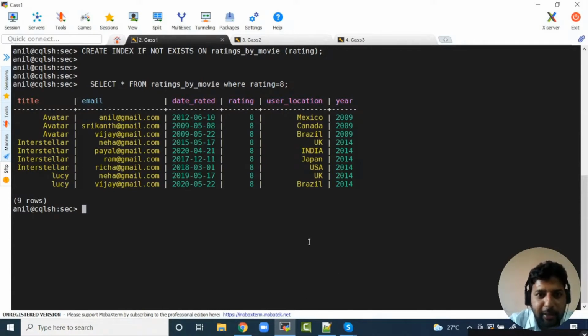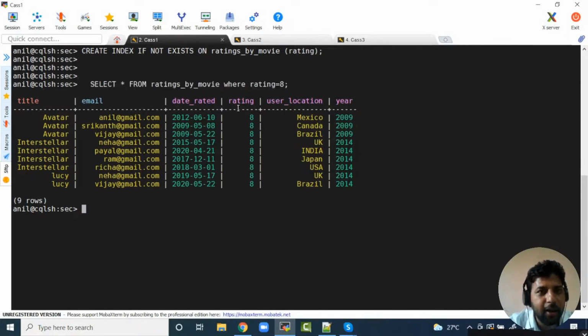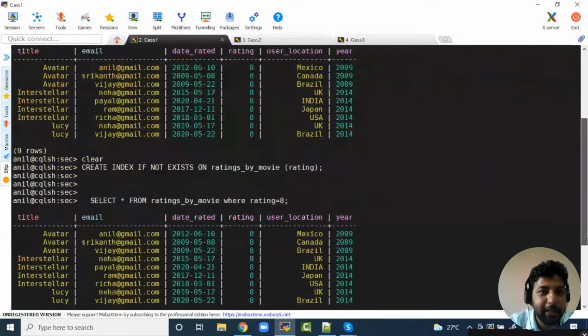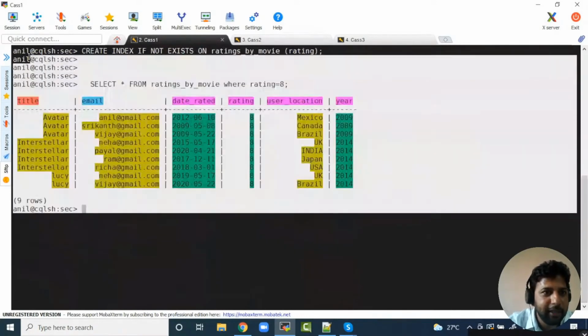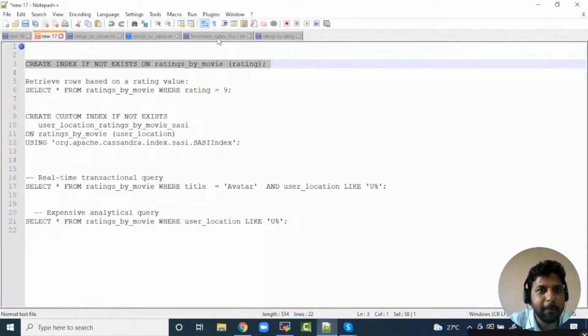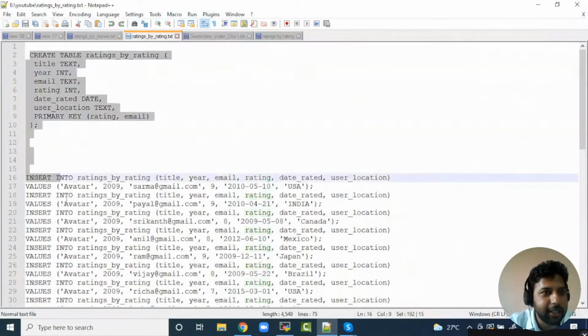Now, to demonstrate, I have two options, right? If I want to look up by ratings, one option is to duplicate the table with the same data, or else create a secondary index and use it to get the output. We already have one thing there. What I do is create a duplicate table by keeping rating as the partition key.